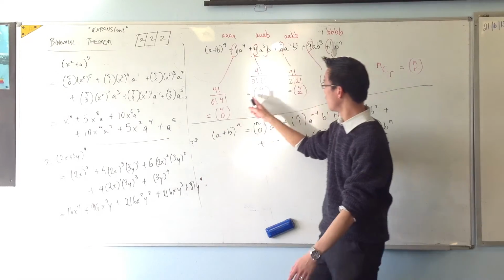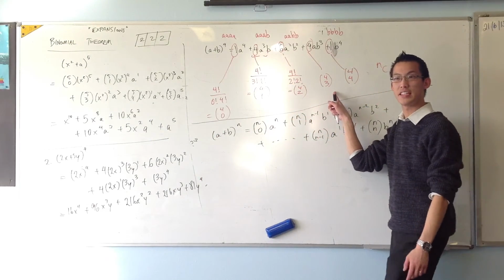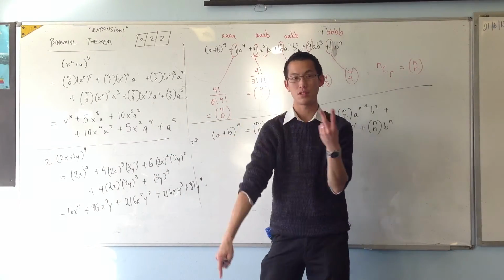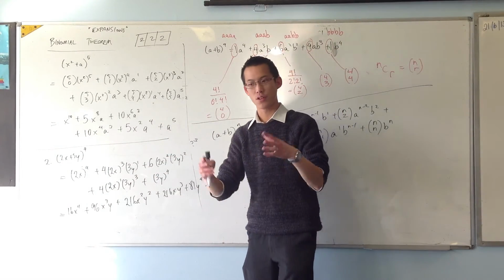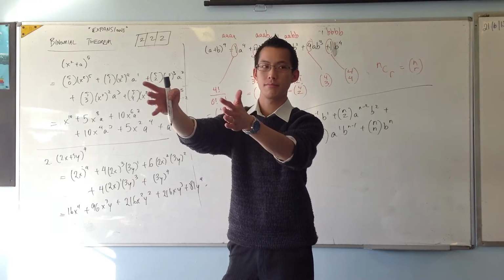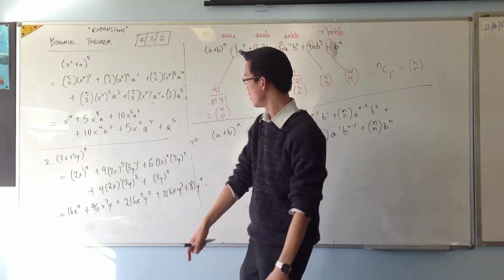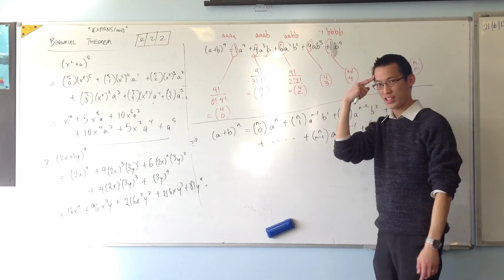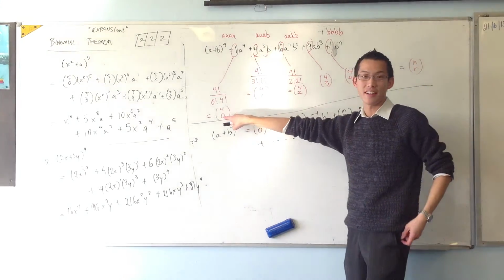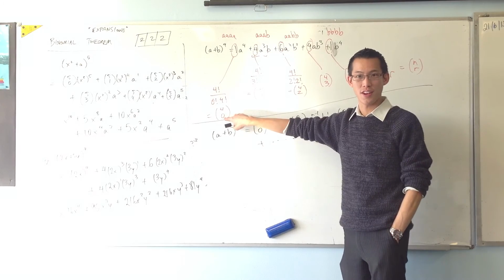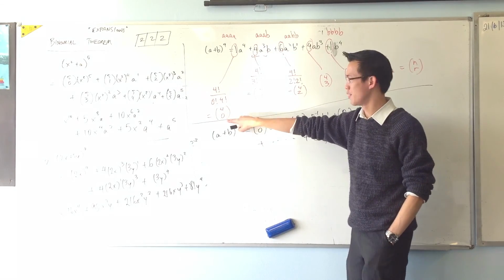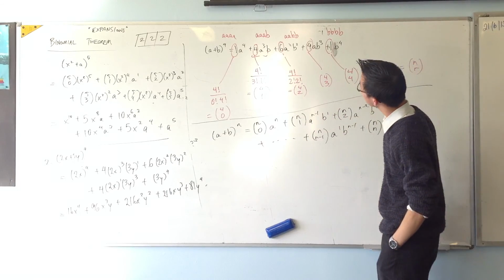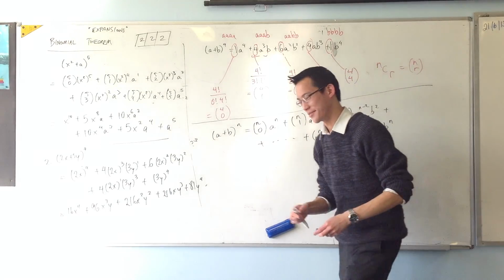So you actually have to go straight to here. You're doing yourself a disservice if you actually write out the whole thing, because as you can see, number 1, time consuming, number 2, error prone, okay? So when you've got those kinds of questions, find this term, or just find the coefficient of that term, you're going to have to get used to using these guys, okay? So I think the trickiest thing which I had trouble with was you've got to start counting from 0, right? The first term has n choose 0. The second term is n choose 1, and so on, okay? All right, I've taken up almost the